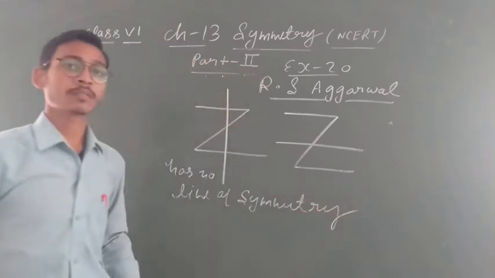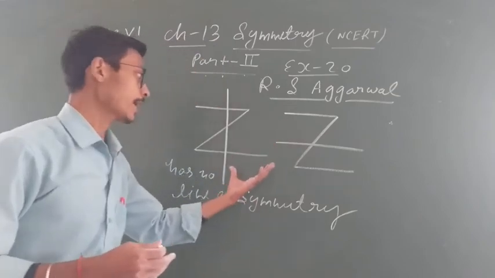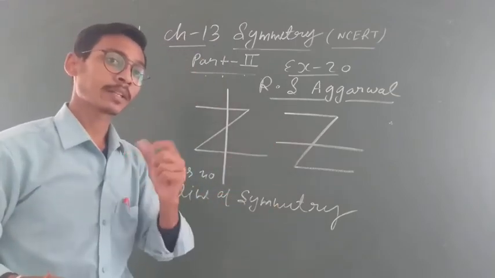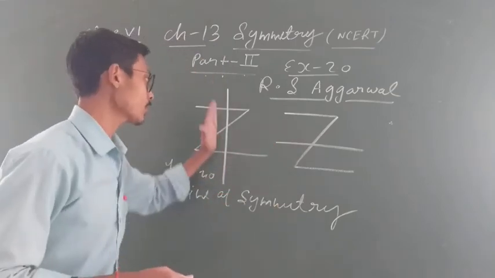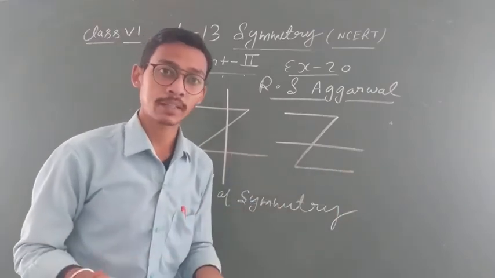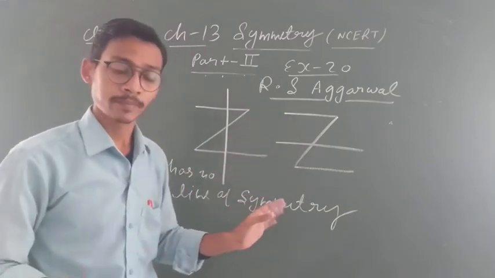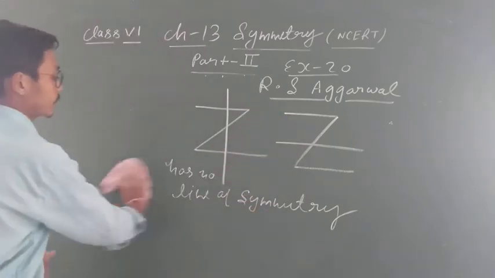Be careful student, because if you will not focus on मतलब this diagram, you will write down 2 line of symmetry. Yeah, 1 line of symmetry. कैसे? Some student draw the vertical line, some student draw horizontal line, but this will be incorrect. ठीक है ना, clear? Because here you can see there is no any identical shape. ठीक है? तो Z having no line of symmetry.